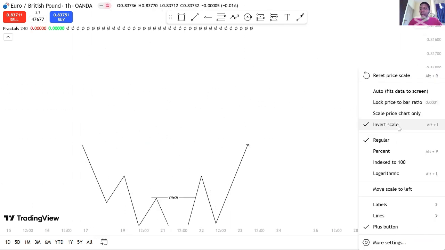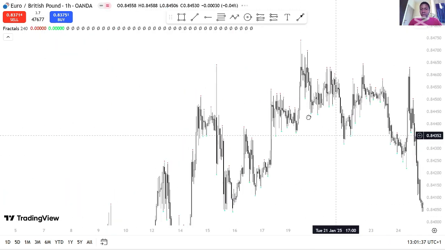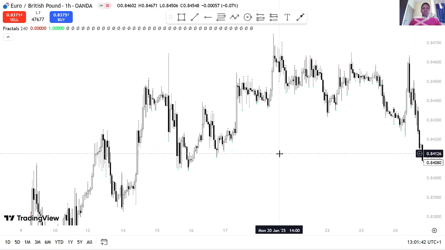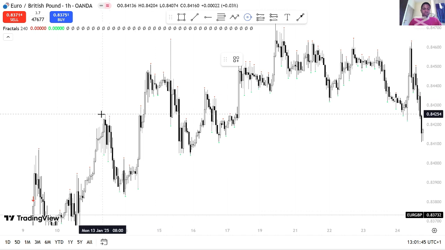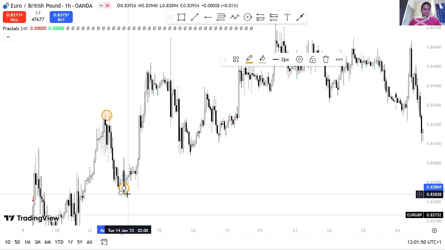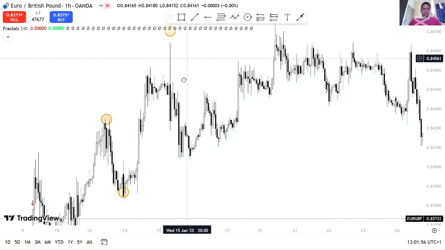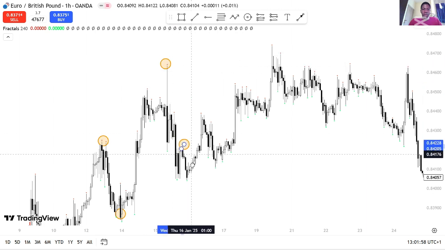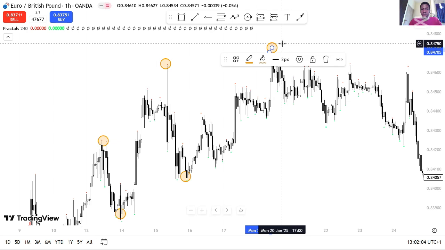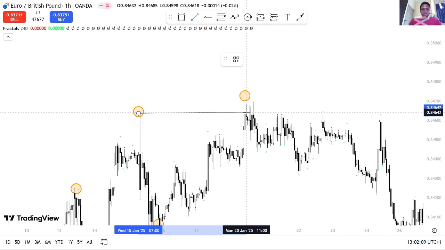So let's see a real chart example over here. Remember, let's do our marking. You can see that price is making higher highs, higher lows, higher highs, higher lows, higher high. This was because this is higher than